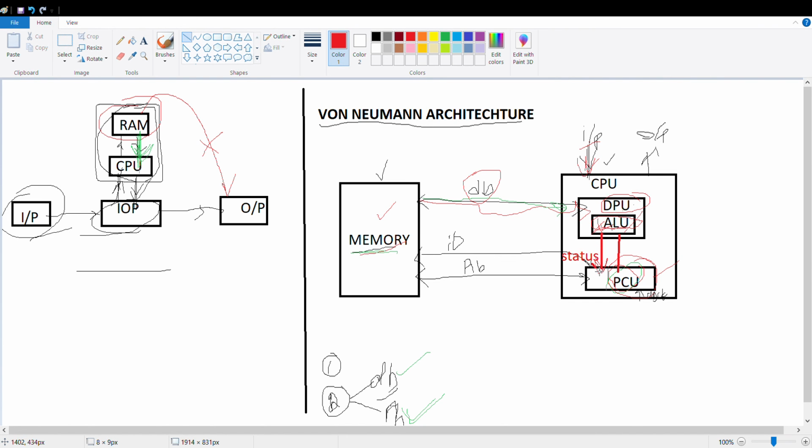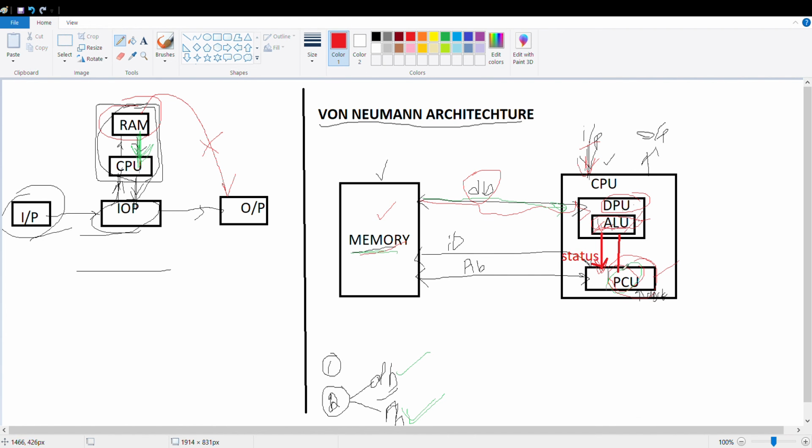This will be sent from the arithmetic logic unit to the program control unit. The status will be sent. What operations have been done in the arithmetic logic unit will be sent to the program control unit through the status provider,